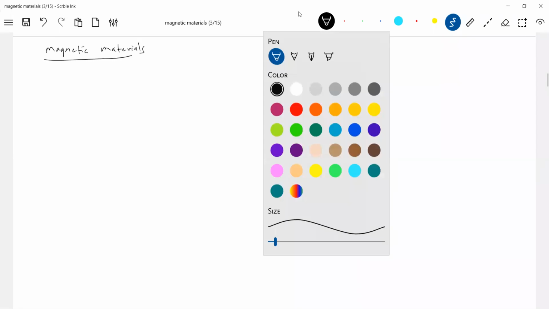Magnetic materials. So after this, what happened? Now I'm interested to construct magnetic materials. Why do we need magnetic materials? The basic question comes: why are we going for magnetic materials? I want to construct a bar magnet. What should I use? Shall I use wood, glass, iron, copper, aluminum? Definitely not. So what is that magnet made up of?